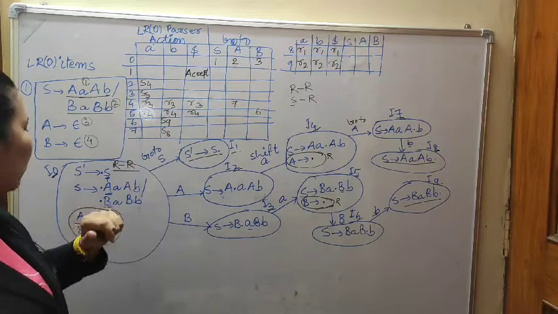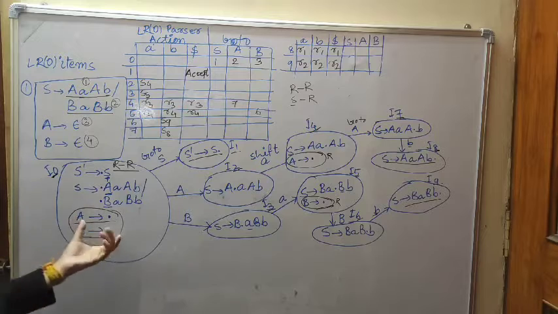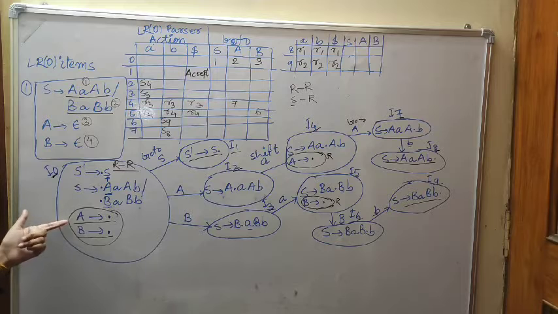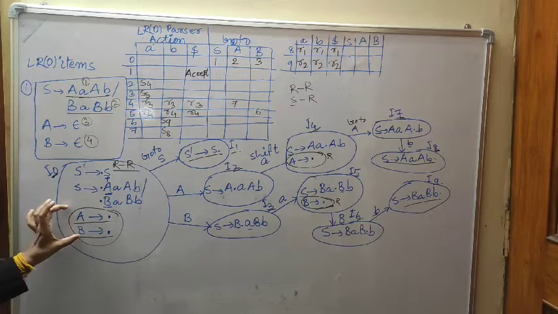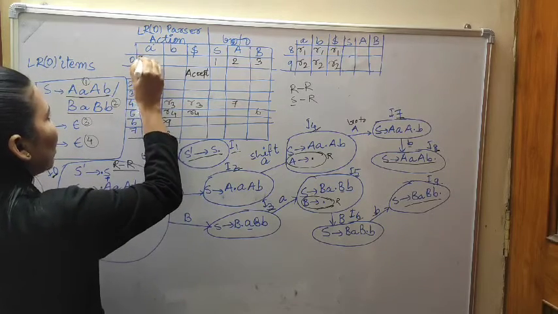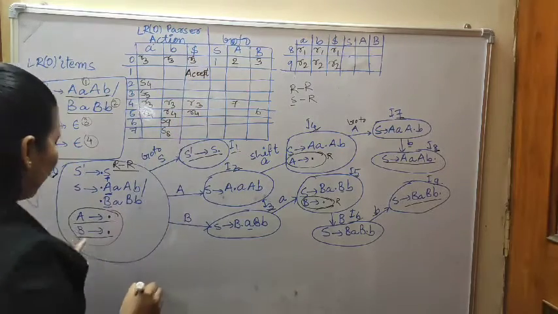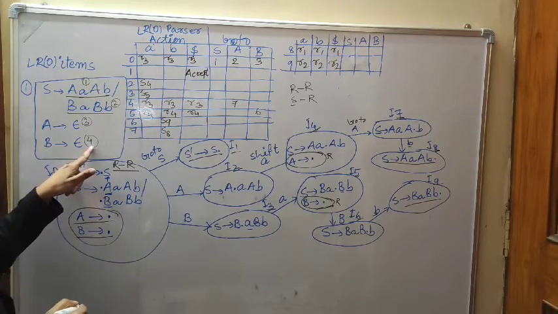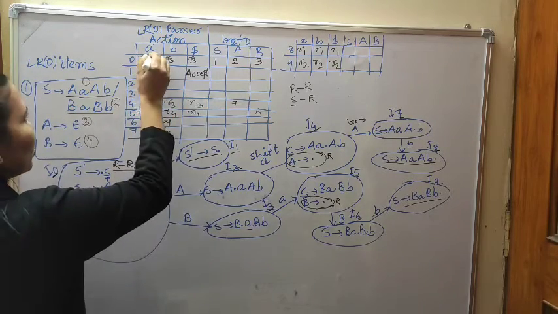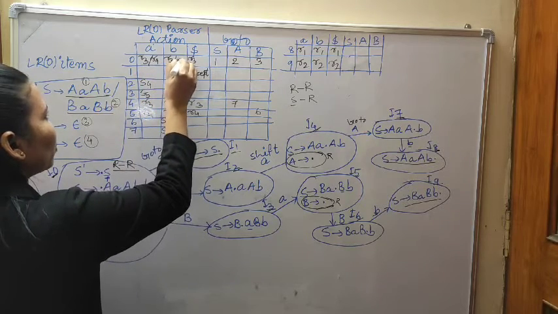This is the parser table. Here 0 places are given. Now come back to here. In the I0, that means state number 0, places are given. A to epsilon dot, B to epsilon dot, both are final items. A to epsilon dot is what? 3. So then write in the 0 number state R3, R3, R3. Then B to epsilon dot, where is it given? Fourth production. Write down, and this is also in state 0. So then in state 0 we will write R4, R4, R4.